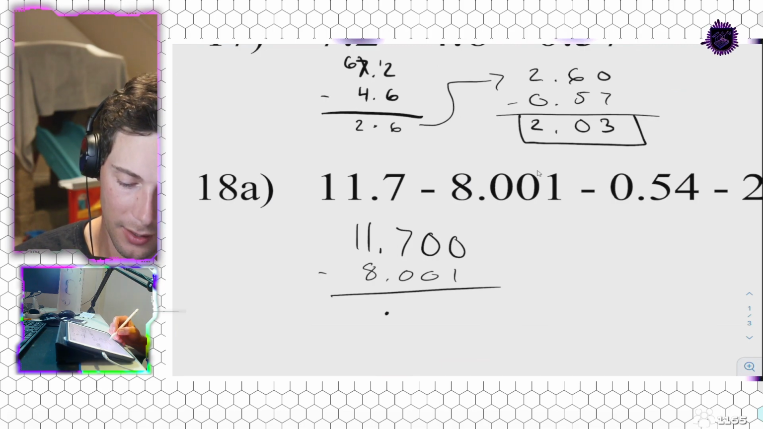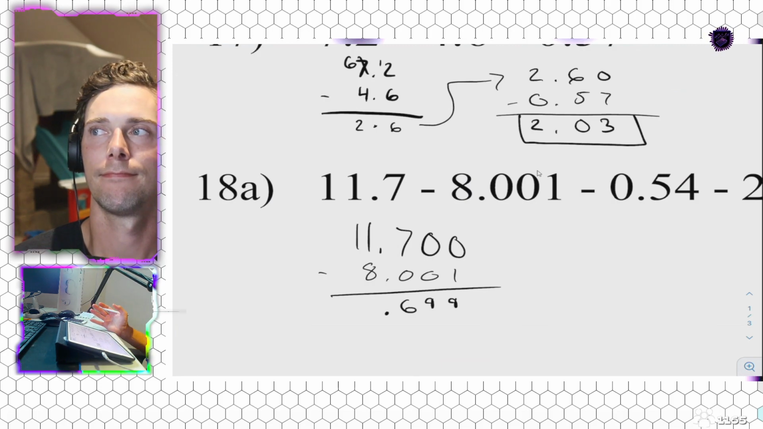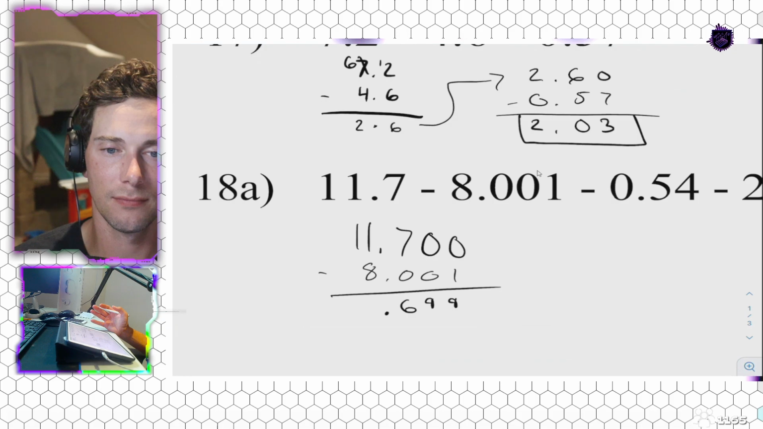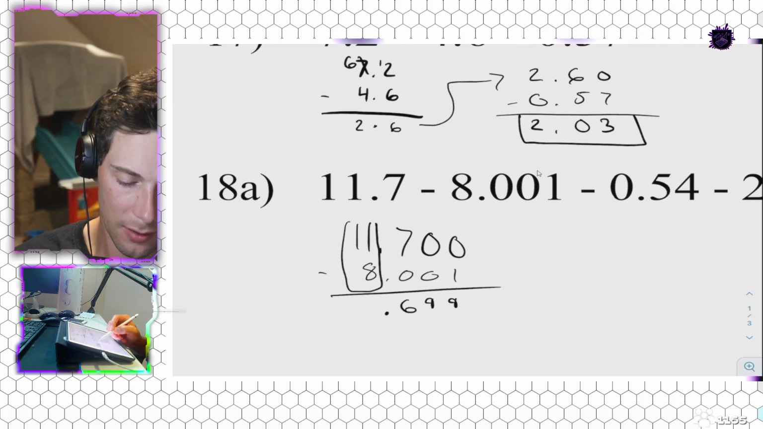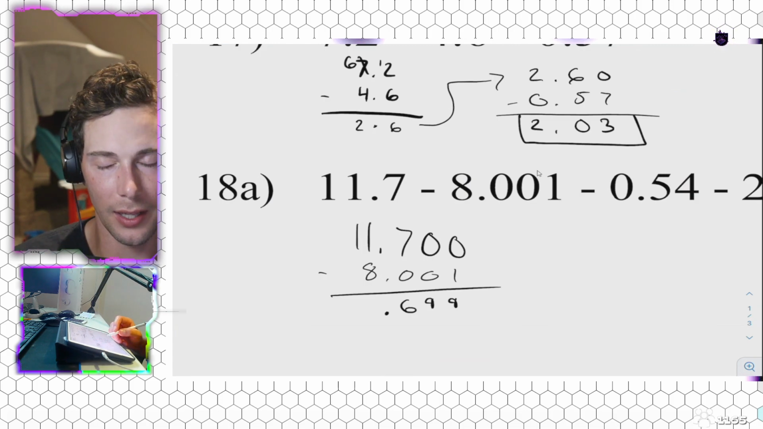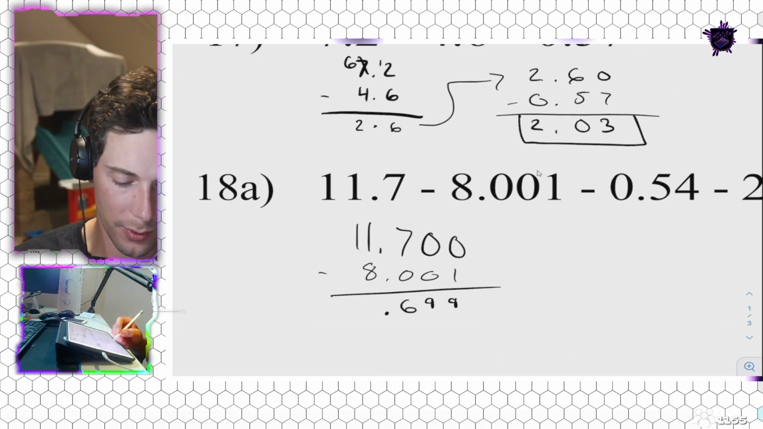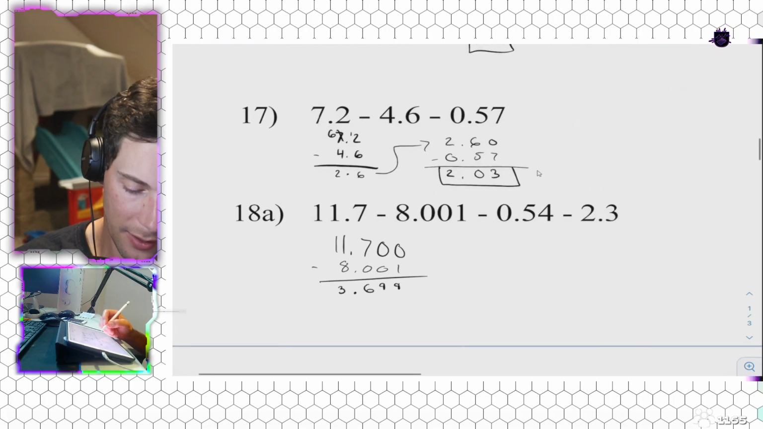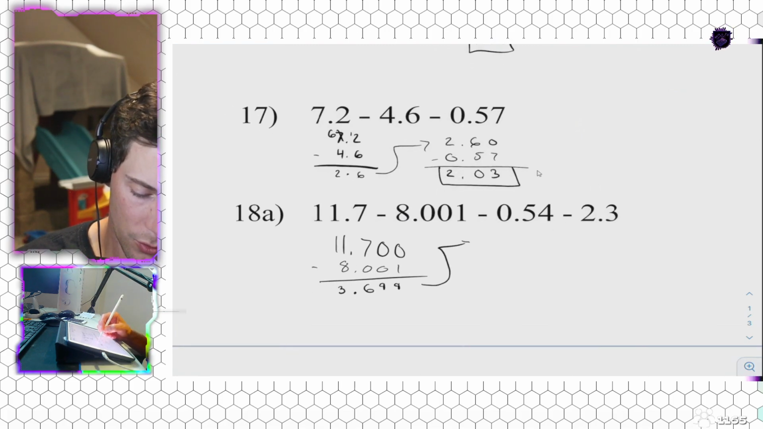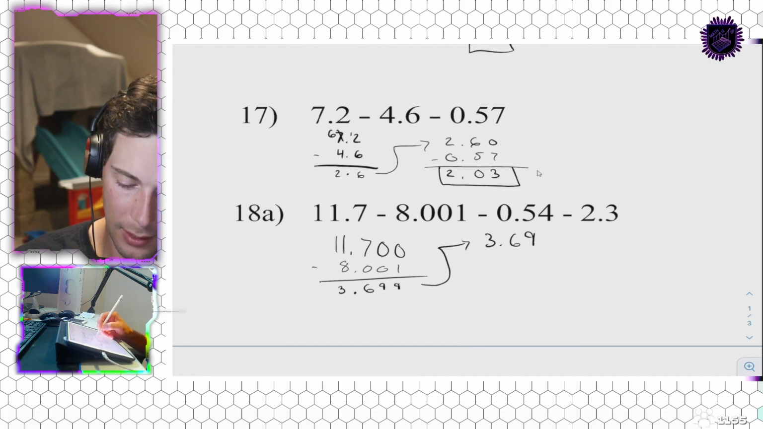I'm going to put my dot, and I'm going to go 699. How hard was that? 699, and we're left at the end with this number here. 11 minus 8, which is going to be 3. So we have this number thrown up here: 3.699 minus